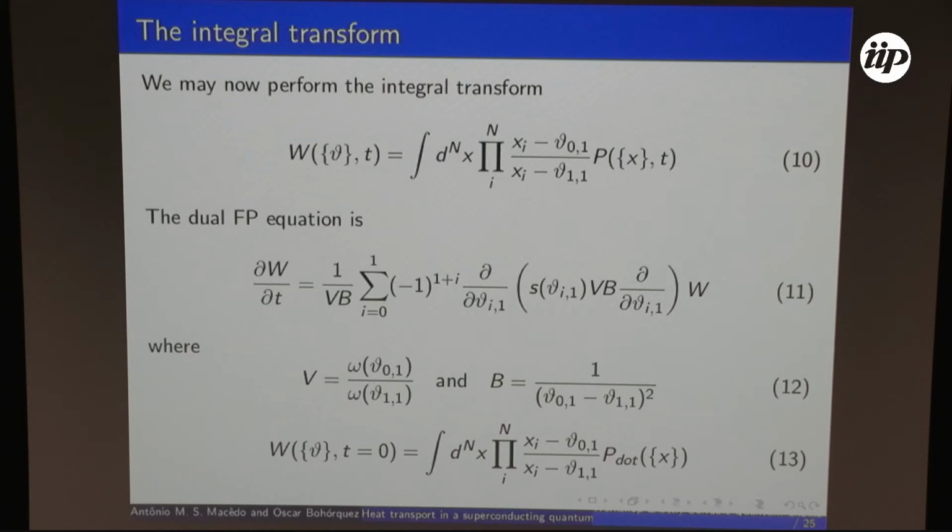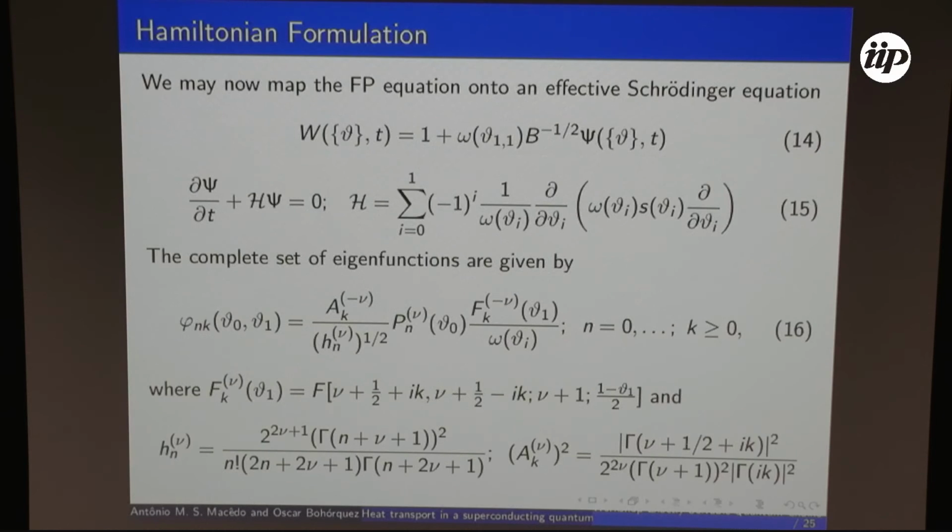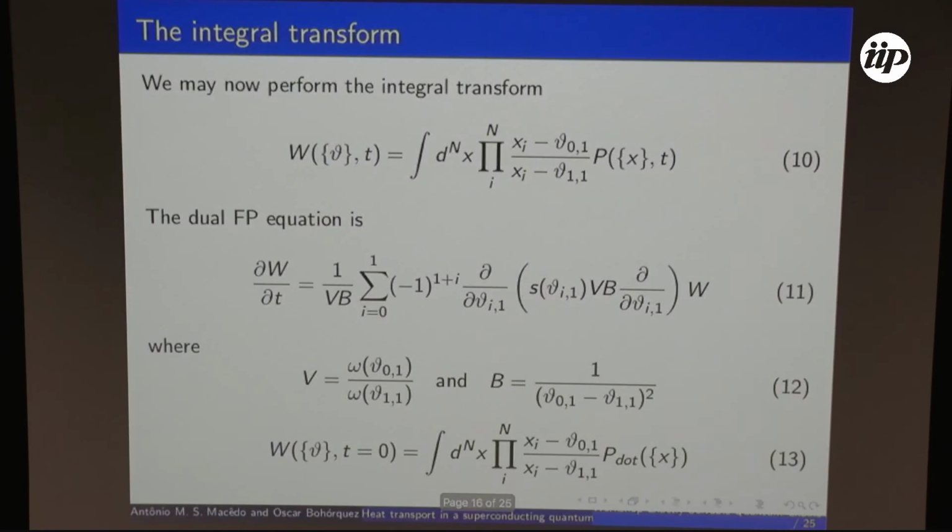Okay, now there is one step. Since I'm telling you every turn of the wheel, I have to tell you how I did the 13. Not yet, sorry. The 13 calculation involves a generalization of Selberg's correlation integral. So I'm going to tell you just using words without showing it explicitly in the transparency. But here I'm going to concentrate on finding the complete spectrum, okay, the eigenfunctions and eigenvalues.